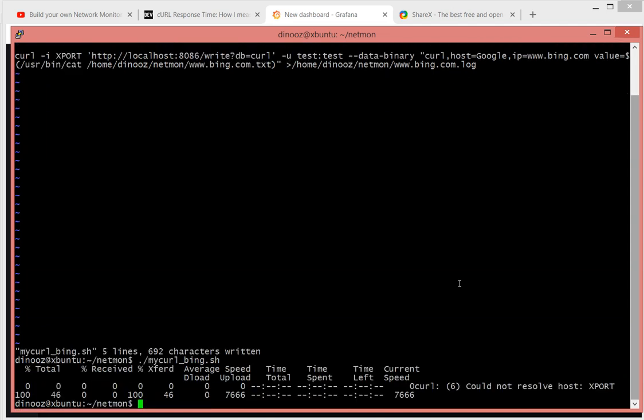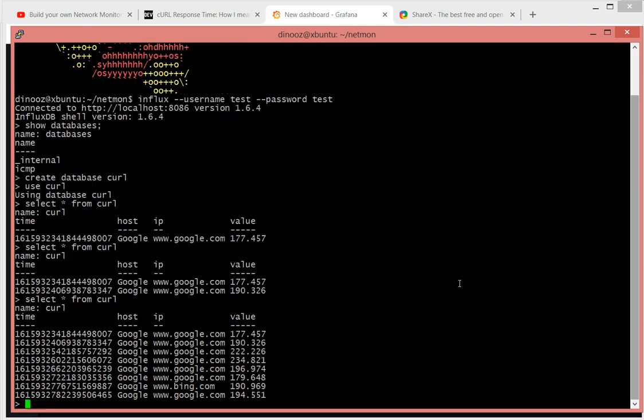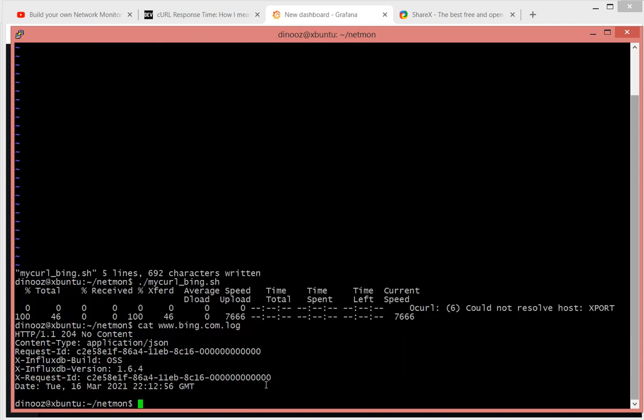My curl Bing works. The log shows some data, and I can see the data has been inserted into the database. So that being said, I can copy my curl Google, my curl Yahoo,